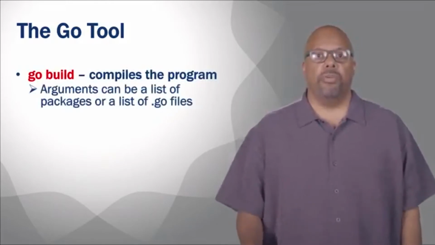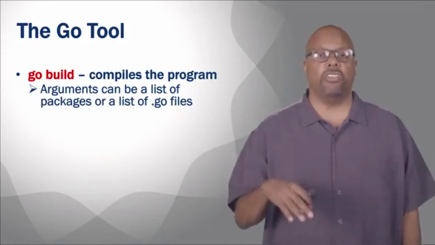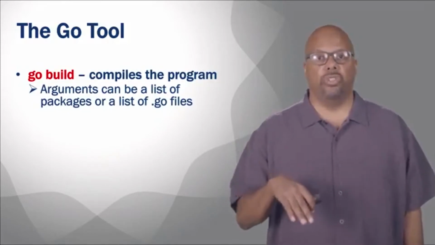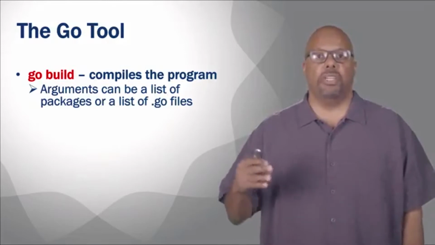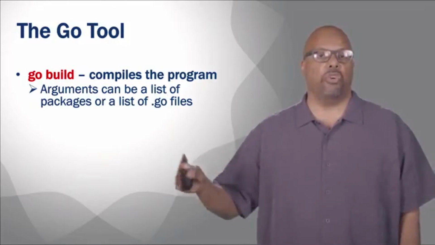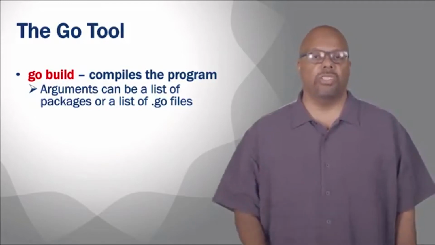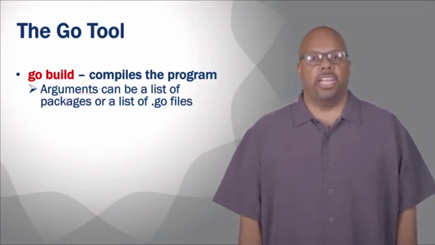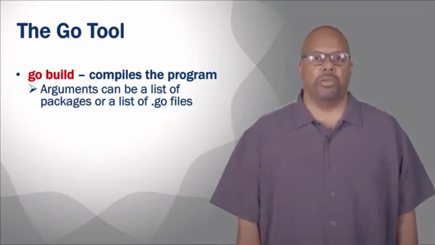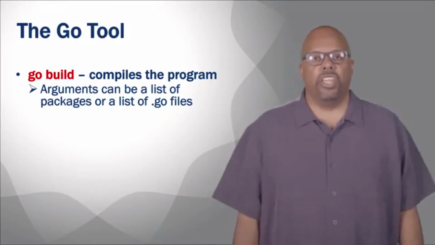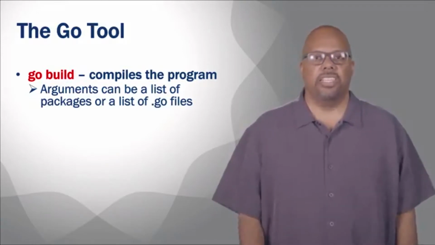The arguments to go build, you can have no arguments, in which case it just compiles a Go file in the local directory. But you can give it a bunch of package names, or a bunch of Go files that you want to build. You can give that as the arguments to this go build command, and it'll build whatever you tell it to build. Or you could just say go build. That's what I did in the demo.